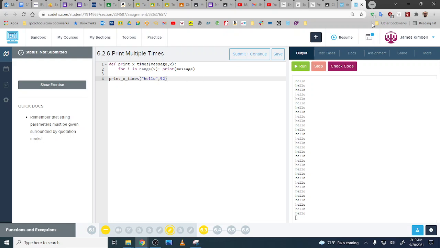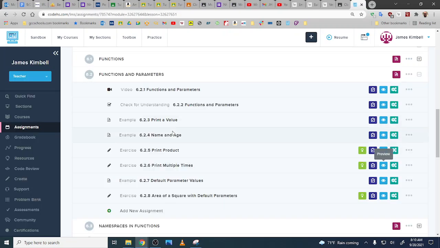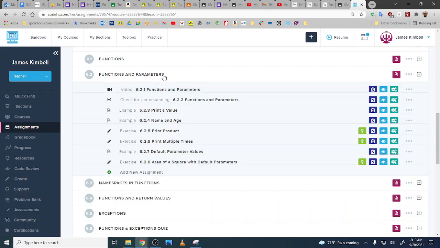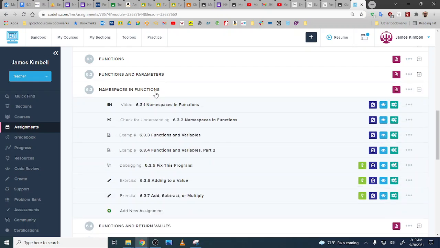Okay. I want to do one more example. Let me delete this in case I open it up in another class or something. I want to do one more example of the next guy. Okay, namespaces and functions. Namespaces means